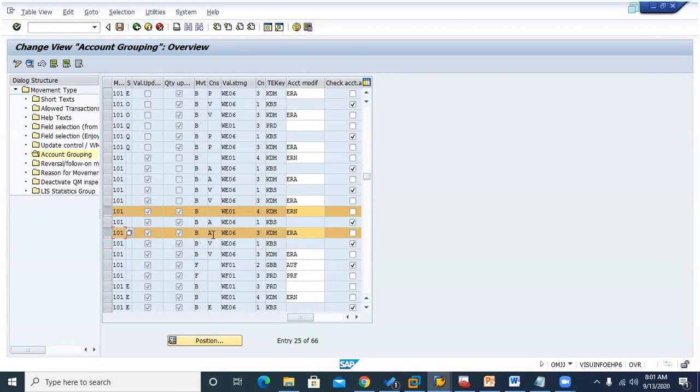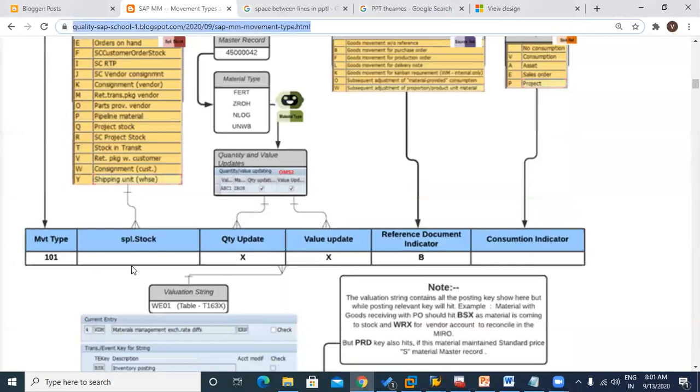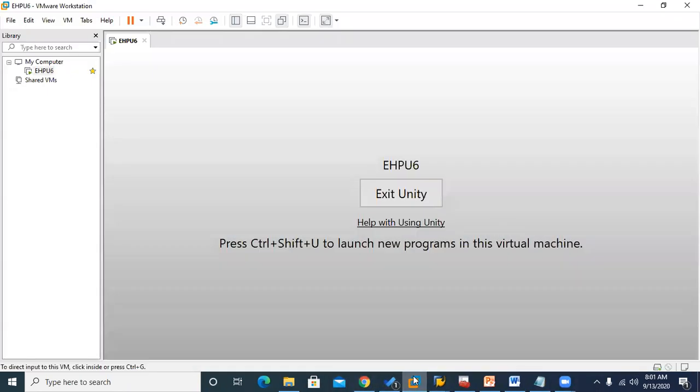Now in this place, you can also see there is a space, consumption stock. So this is for account and this is also for account. So we are not going to post it for the account. Sorry, I'm saying account, it's not account, it's asset. So this is for asset, this is for asset. We are not doing it for asset. So this is our exact match, it's going to match for us. See here, it's a space. Let me take the table here. You see space: special indicator is space, tick, tick, B and space. So you will go to that place also, sorry.